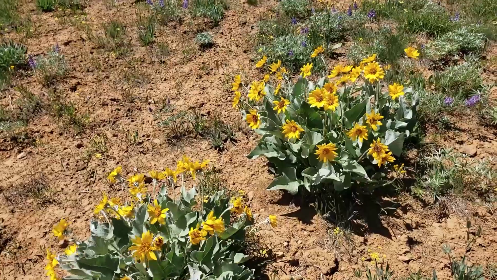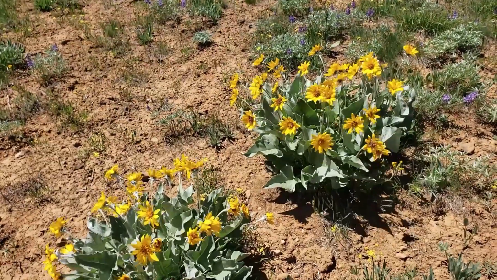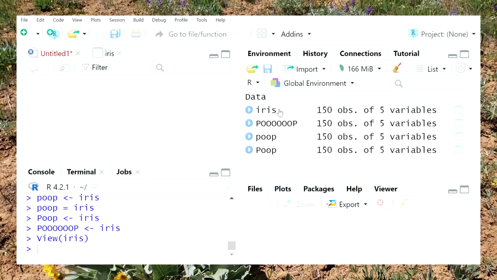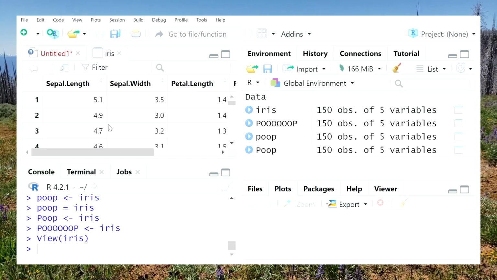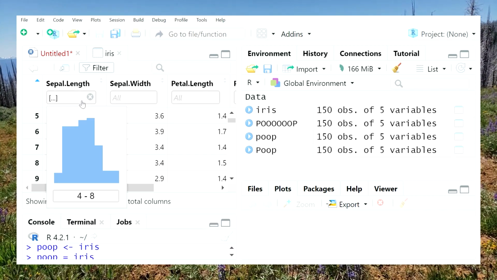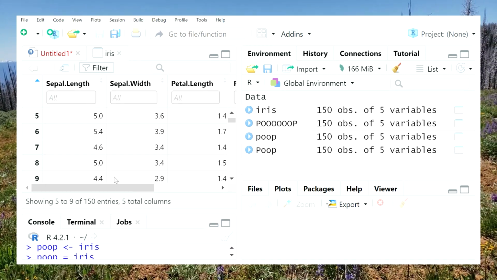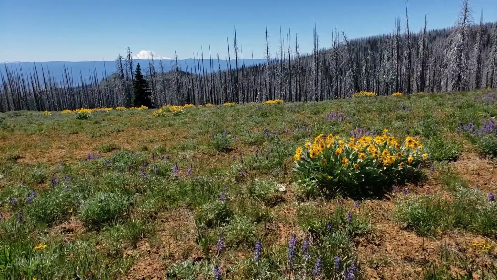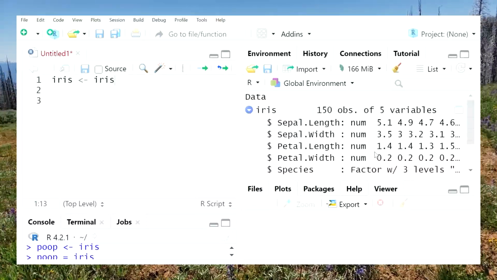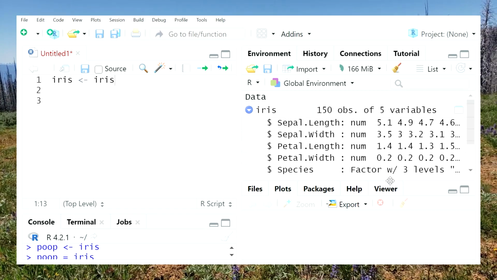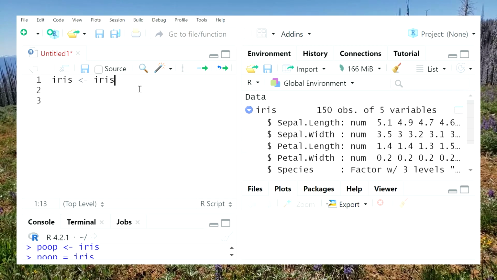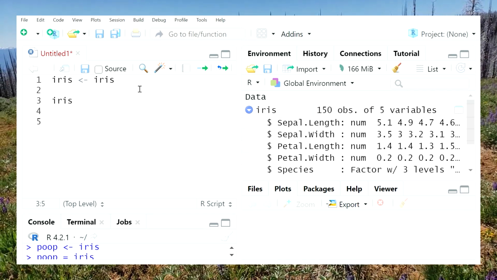Whatever you've called it, you've got it in your environment now, so let's take a look at it. You can do this just by clicking on the name and it pops up like an Excel spreadsheet. In R, these are referred to as data frames. You can scroll down and filter and do all sorts of stuff in here. None of it is permanent, so it will not change your data. You'll see 5 column names, and if you want to see them faster, you can click the little blue arrow next to your data frame in the environment window, and that makes a drop-down menu that shows the column names and the type of data it is. Num for numeric and fac for factor.